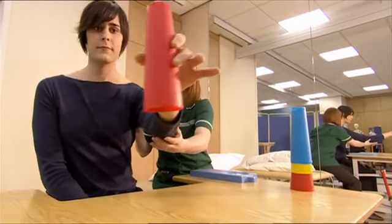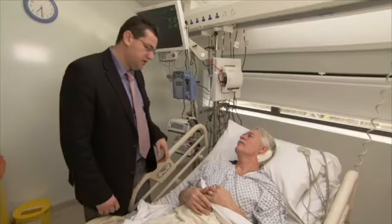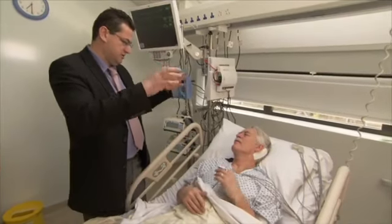One of the special things about this unit is that it is able to take patients in the acute phase, because we've got this fantastic synergy between neurorehabilitation, neurology, neurosurgery, and lots of medical specialities as well. So we can really look after patients very, very carefully from a medical perspective. And that's essential to be able to deliver rehabilitation from the